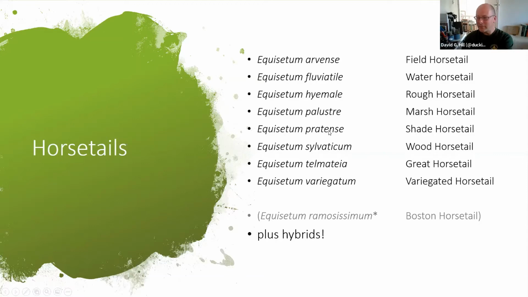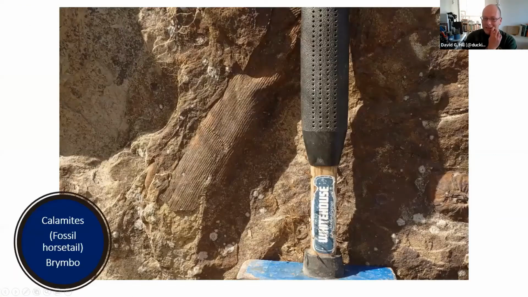So let's start with a fossil one really, as it's a Welsh one as well. This is from Brymbo Fossil Forest near Wrexham, and the coal measures there, and most coal measures were primarily composed of